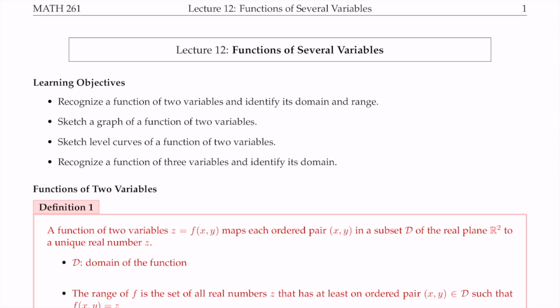Hello everyone, this is lecture 12, functions of several variables. In the last few lecture notes, we have talked about vectors and the vector valued functions, which took us into three-dimensional space for the first time. Starting from this lecture, we step into three-dimensional space along a different path by considering functions with several independent variables